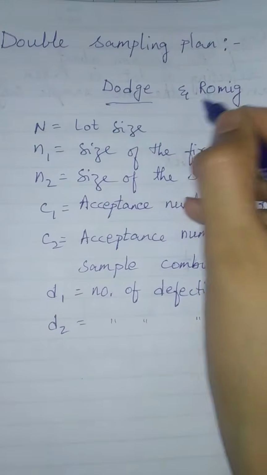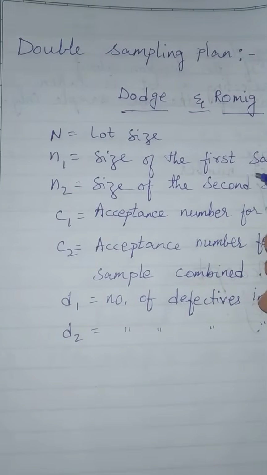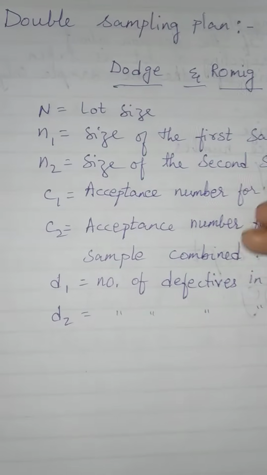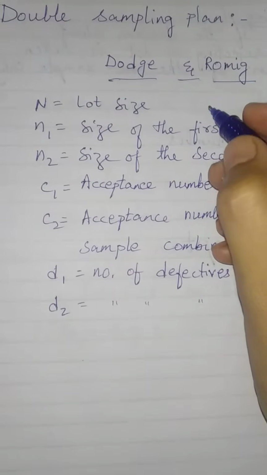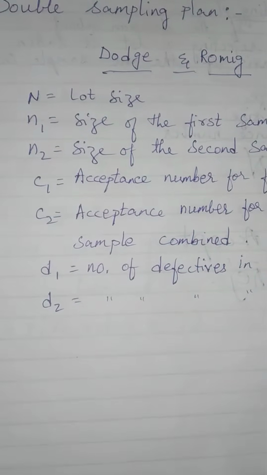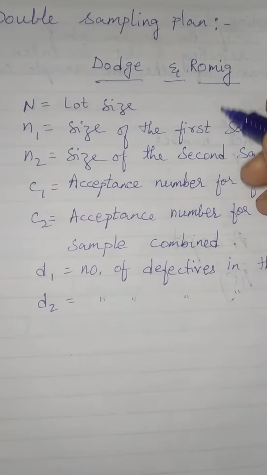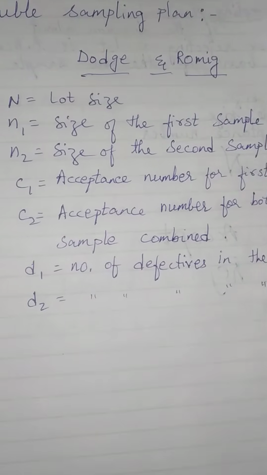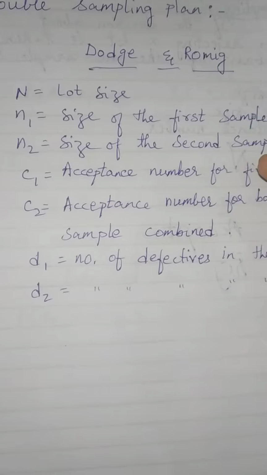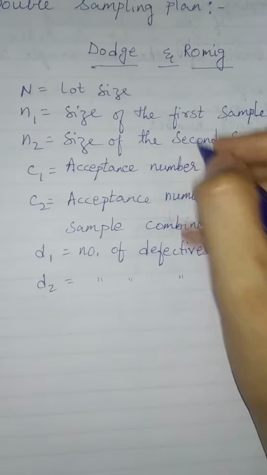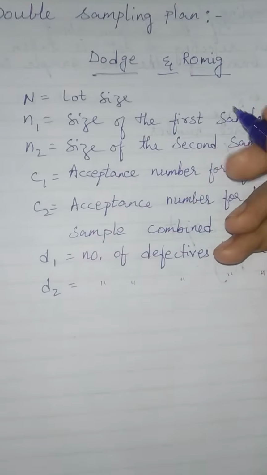Okay, so it was discovered by Dodge and Romig, and in this method, it is called the second sample method. It is permitted if the first sampling plan, the single sampling plan, fails, and if the data from the first sample is not conclusive on either side, 50-50, good or bad, we don't know, or if it is rejected, then a definite decision is taken on the basis of a second sample. So it is known as double sampling plan.